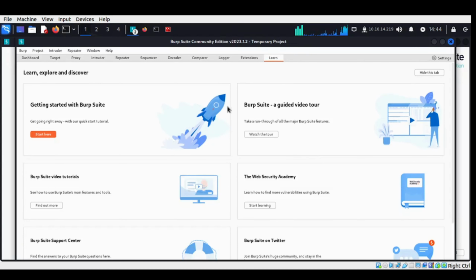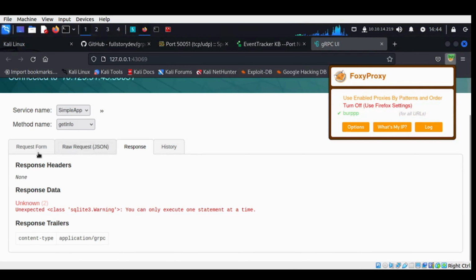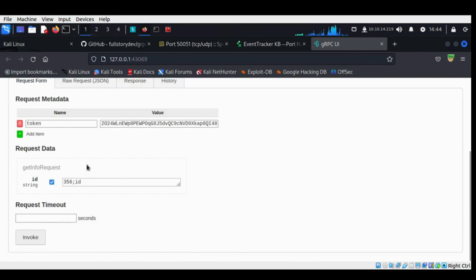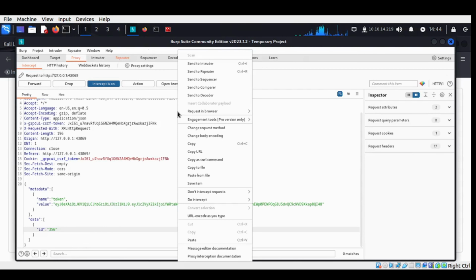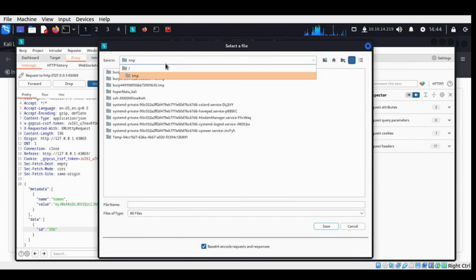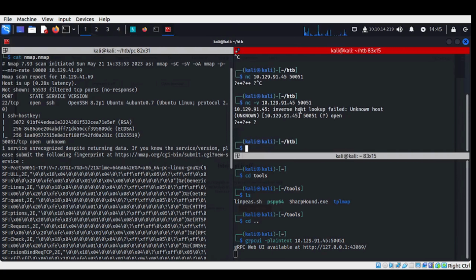Let me just wait for a minute, and yeah, it started. Now I will intercept the request. Now I will send the request one more time. From here I can remove the ID part, then send it to Repeater, and save this thing. You can give any name; for me it's SQLIYT. Now I will turn off the intercept. After that I can run sqlmap -r, the location of the file where I have stored it, then --dump,